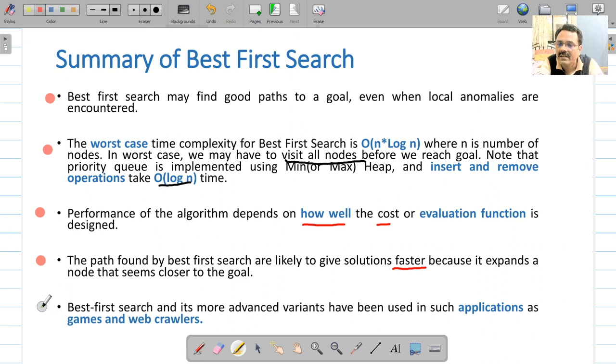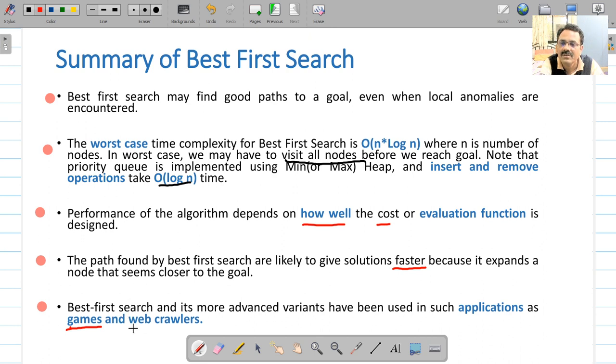And finally, the best first search algorithm and its more advanced versions are nowadays used in many games, as well as in web crawlers. So it has applications in the implementation of games. For example, in games there are many board positions ahead, so to select the best board position, this best first search kind of algorithm is used.